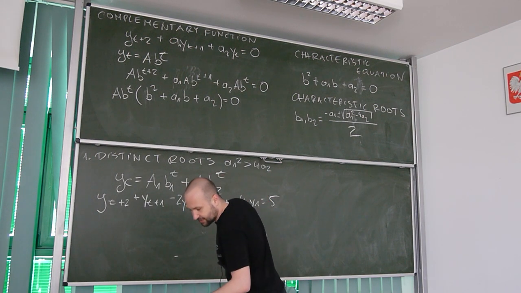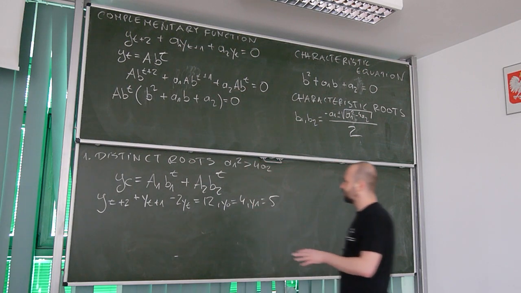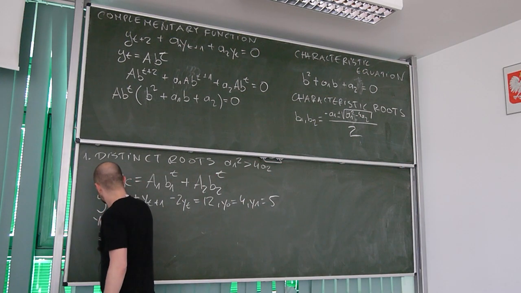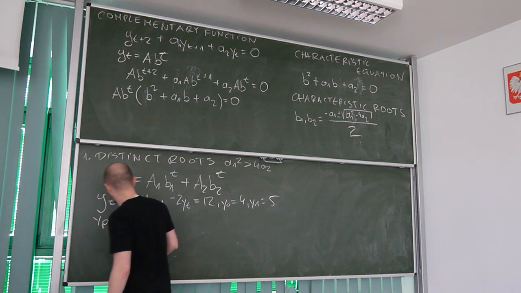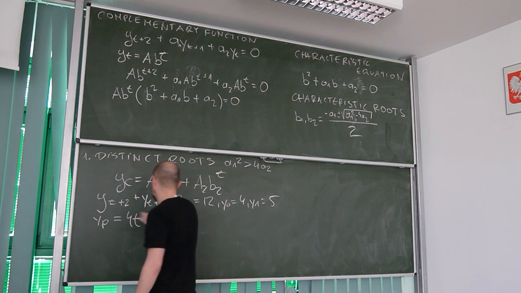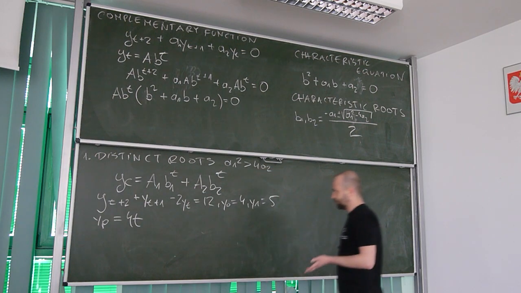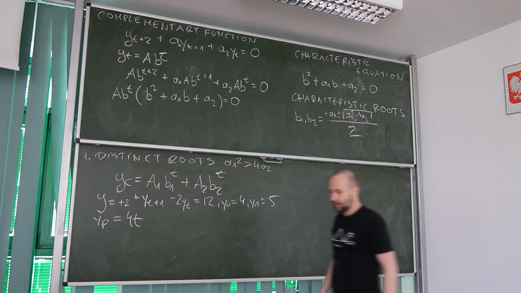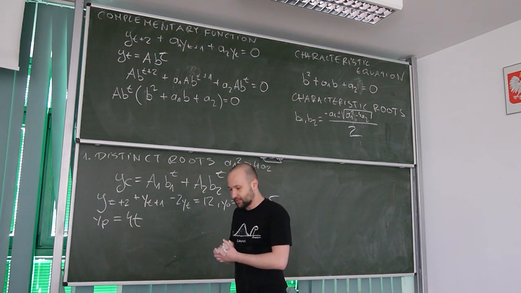Okay, in this case, we've already calculated the particular integral. The particular integral is equal to 4t, so this is a moving equilibrium. So now let's move to finding